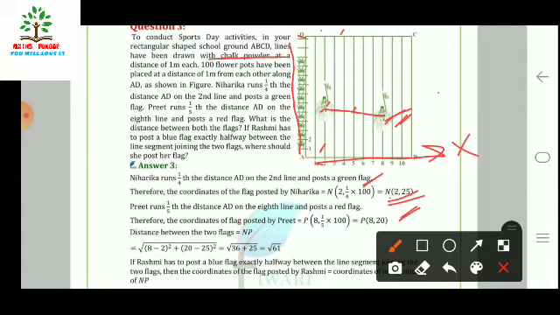Now we have to find the distance. So using the distance formula, square root of (x2 minus x1) whole square plus (y2 minus y1) whole square, the result is root 61. Now Rashmi has to post